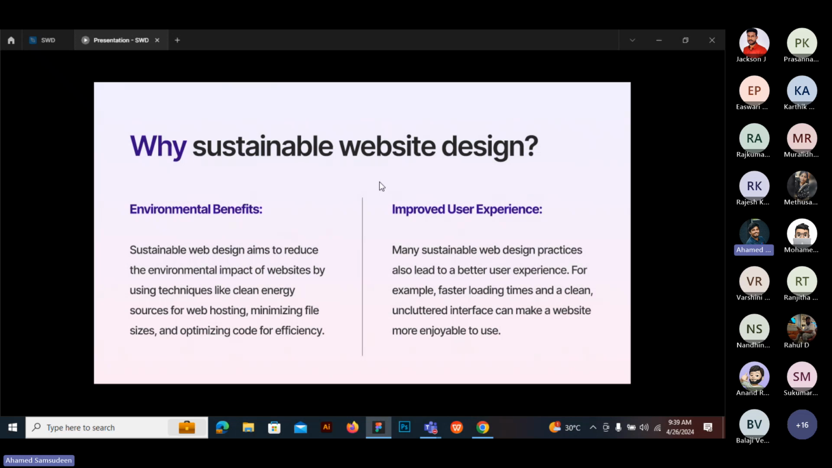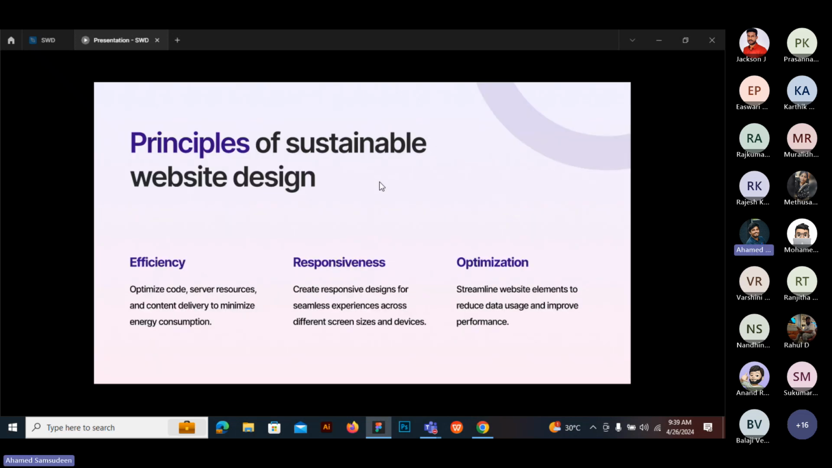Now, the principles of sustainable website design. We have three main principles: efficiency, responsiveness and optimization. Efficiency means we can get it by optimizing the code, and in terms of responsiveness,